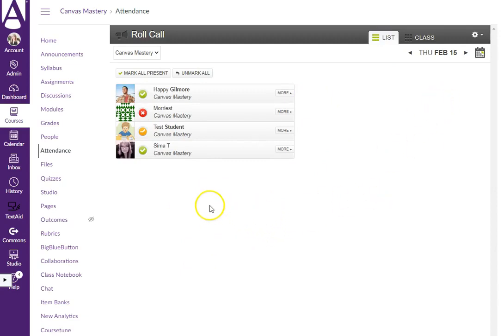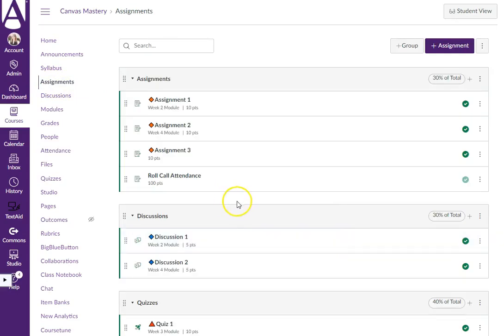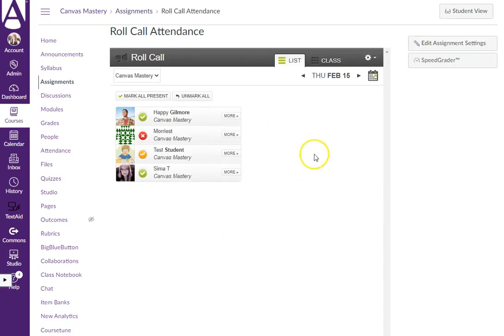Then I want to show you something that I just mentioned at the beginning. If I go to the assignment page right here, you can see the roll call attendance appear under the attendance group. So this is happening automatically, and Canvas creates a roll call attendance assignment for you. Let's go ahead and click on the link, and it takes us to a page that we were on before, but